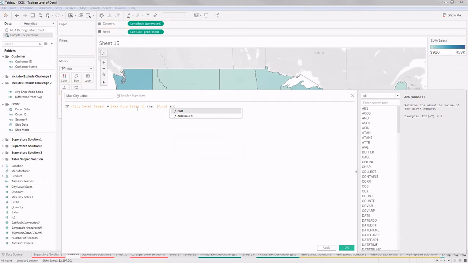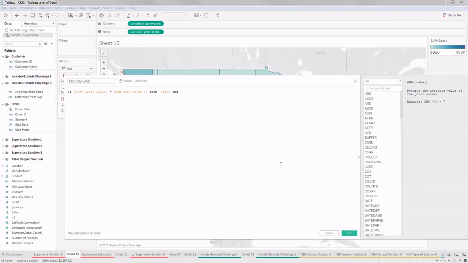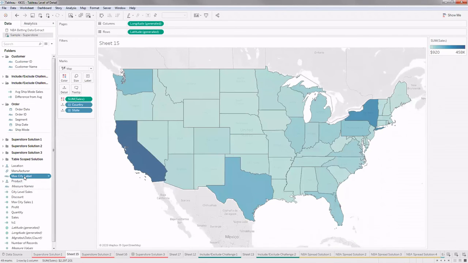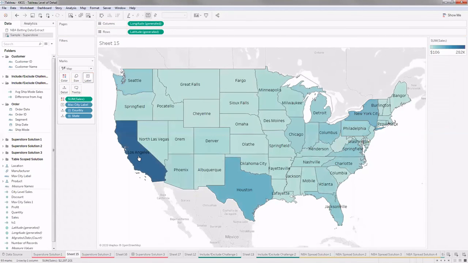So it will only check where the sales are maximum in each state, for which city, and it will give me only that name. So this will hold the values of the labels that we intend to have. So I'll just put this in label, and I got my Los Angeles. So likewise for every state.